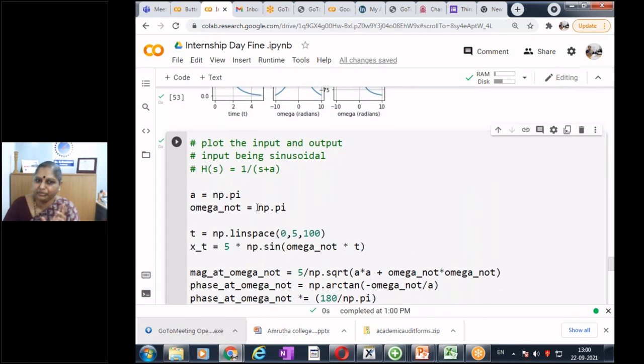Now let me change my input. Instead of the 3 dB cutoff, let me make it, say, 0.1. Anyone remembers? Now it is in the pass band, and the cutoff frequency is pi, but I'm giving my input signal a frequency of 0.1. So now we do not find much phase difference. Let us run it and see.